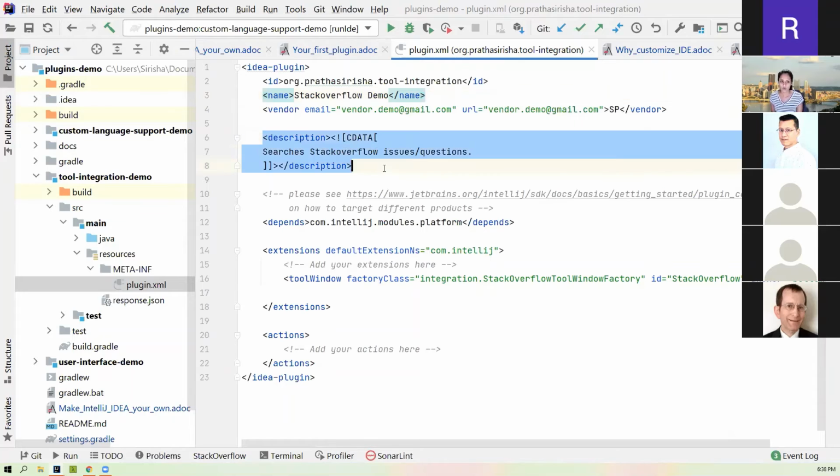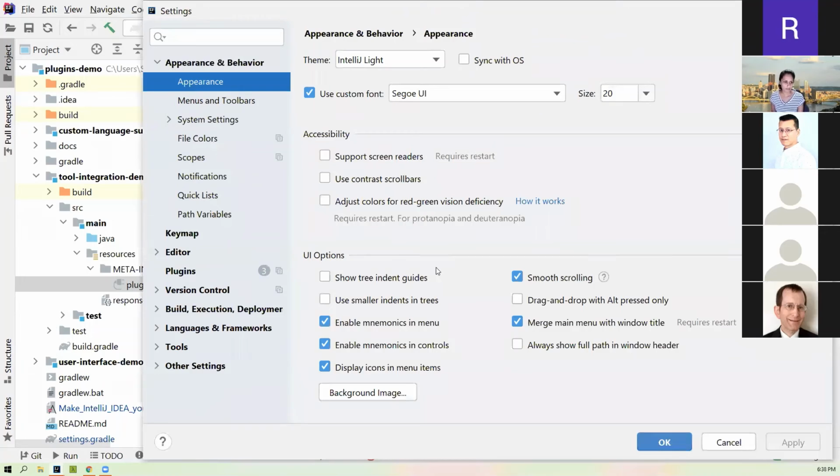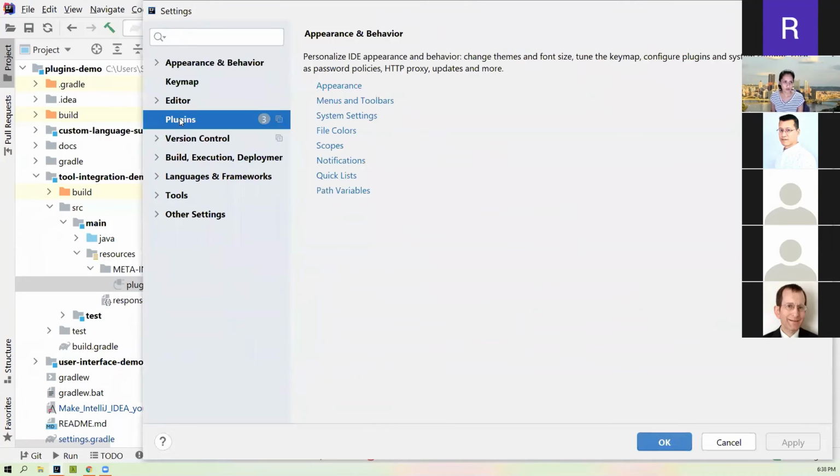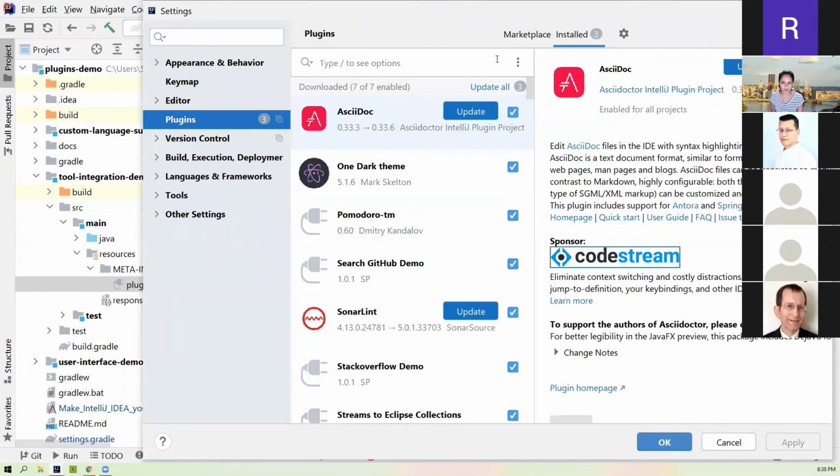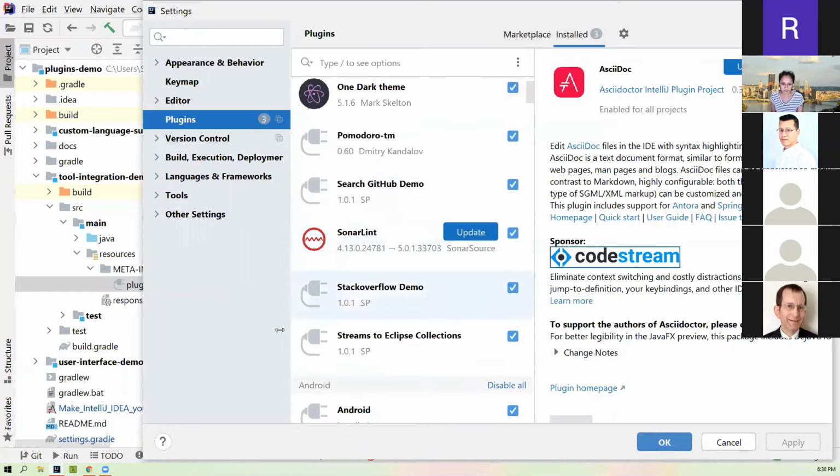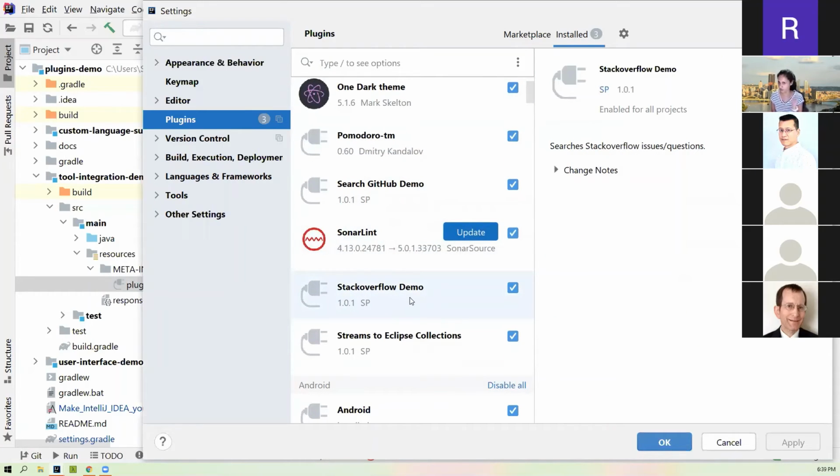And you also have a description. This description can be more than one line, and you can write as much as you want for what this plugin really does. I'm going to quickly pause here and show you how it looks once you've installed a plugin. So for example, the Stack Overflow demo, which we were just looking at, you can see right here,